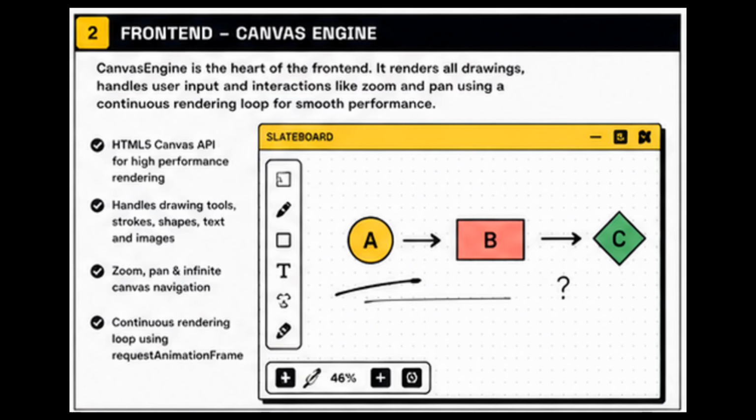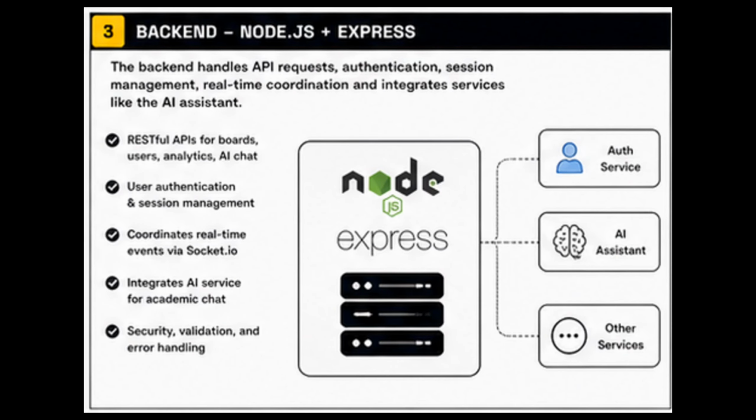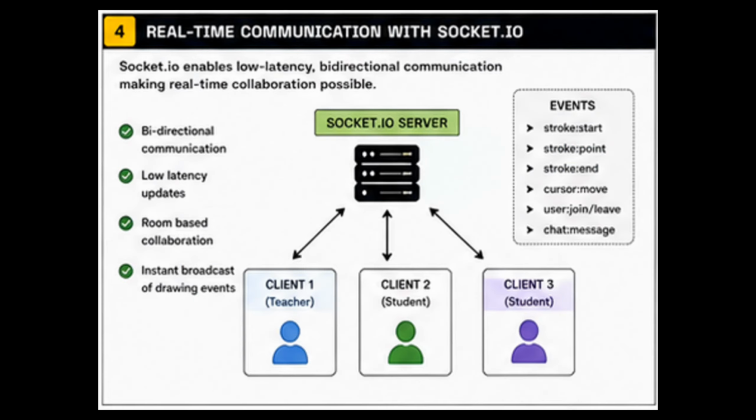user. On the backend side, we use Node.js and the Express framework. The backend is responsible for handling API requests, managing user sessions, coordinating real-time communication, and integrating additional services such as the AI assistant. For real-time communication, we rely on Socket.IO, which enables low latency bidirectional communication between client and the server. This is what makes real-time collaboration possible, as it allows drawing data to be transmitted instantly between